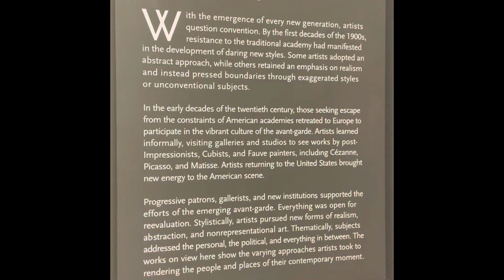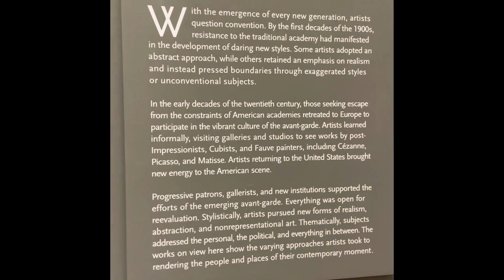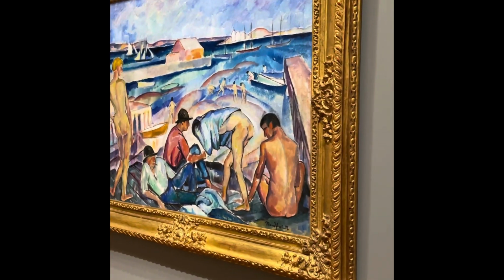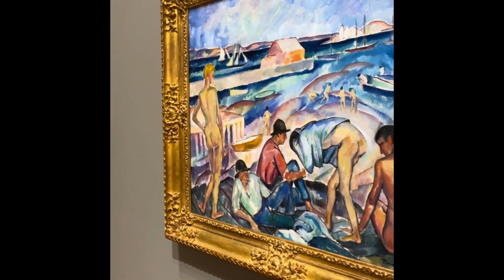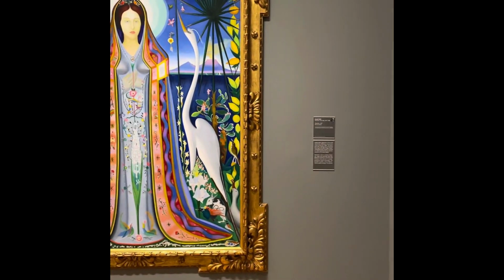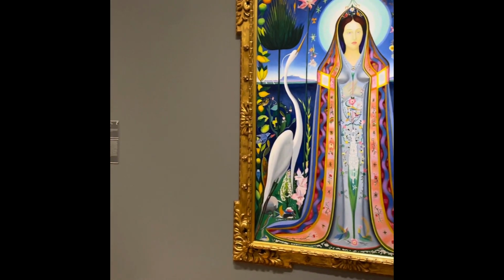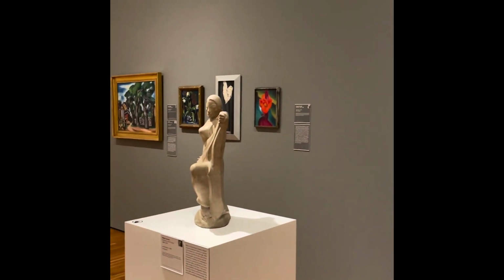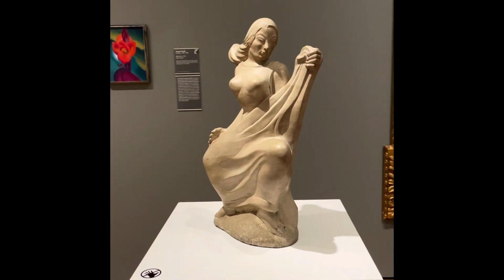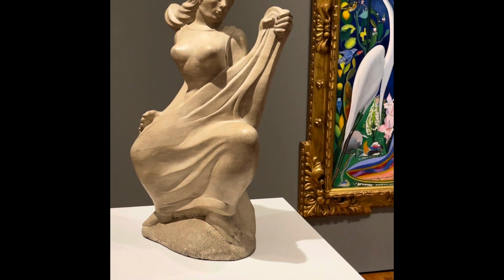All of these in this room are American modern art from the first decade of the 1900s. You have some naked pictures there, but there's one of my favorites right there. I'm definitely gonna be putting that in my project probably. We're supposed to talk about our favorite pieces, and I love that. It's so colorful. This right here is a limestone